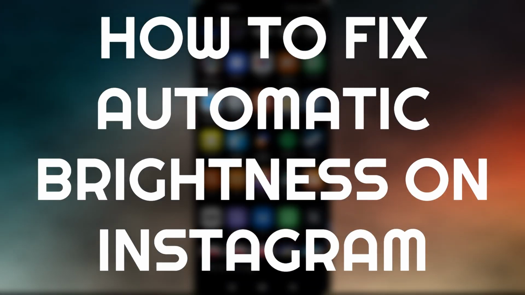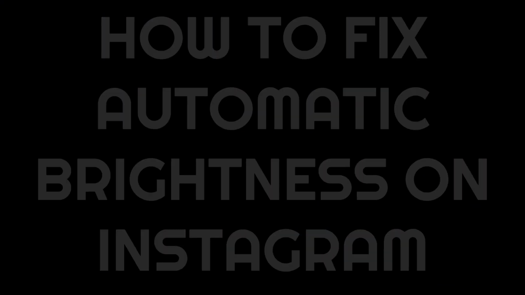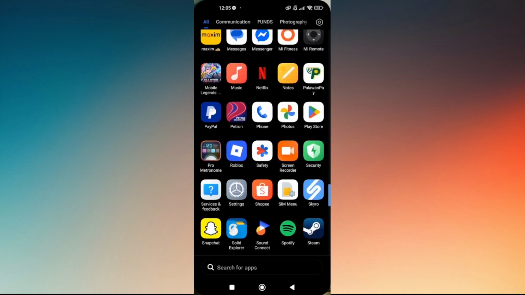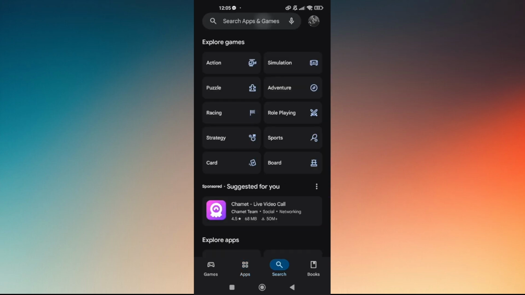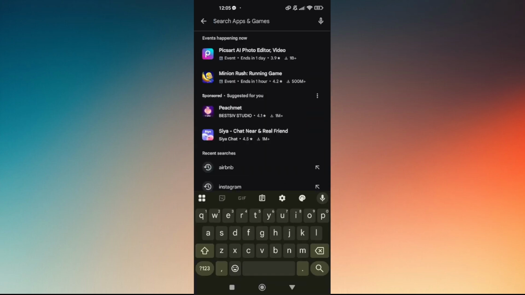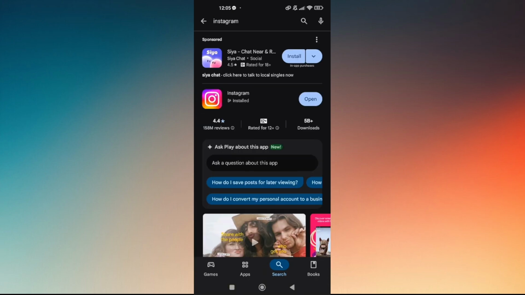How to fix automatic brightness on Instagram. First things first, there's no immediate button that you can just choose and press on Instagram for the issue to be fixed. The very first troubleshooting step that you want to do is to open up your Google Play Store